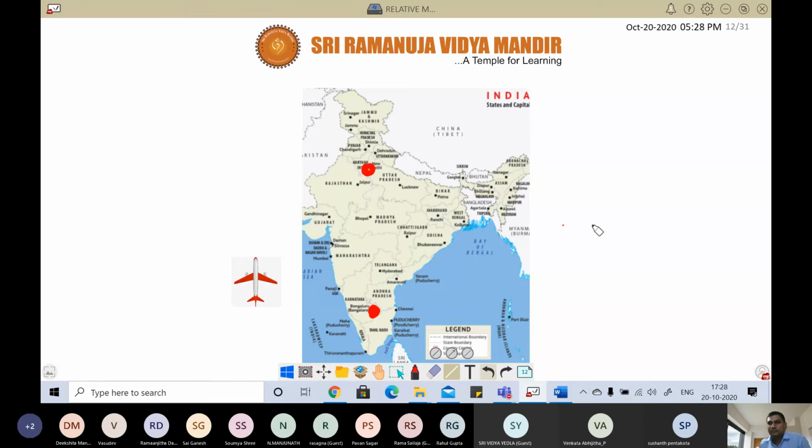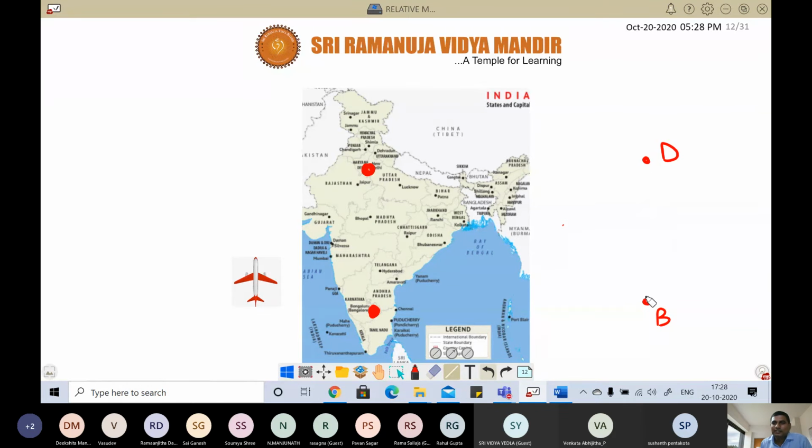So here, on the image, we are not able to draw. Suppose let's say I am drawing here. Suppose let us say this is Bangalore and this is Delhi, New Delhi. Now an aeroplane wants to fly from Bangalore to Delhi.